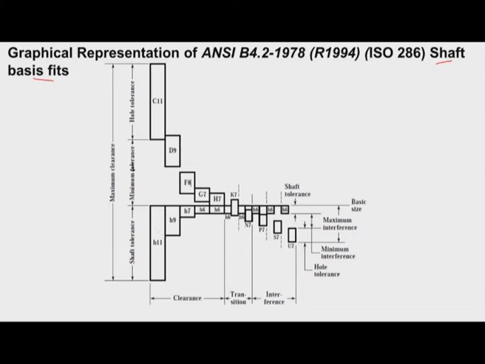Now we have various shafts, H11, H9, with different grades of tolerance, that is, different IT grades are provided. As the IT grade number increases, we can see that the tolerance value will increase. As the number reduces, the tolerance band is reducing. That means as we decrease the IT grades from H11, 9, 7, 6 like this, we have